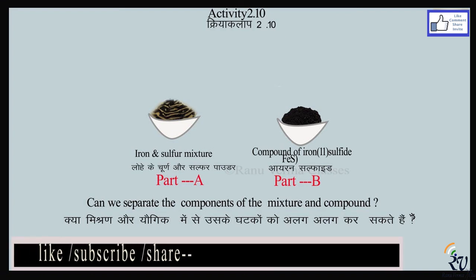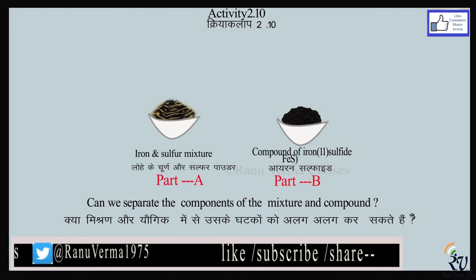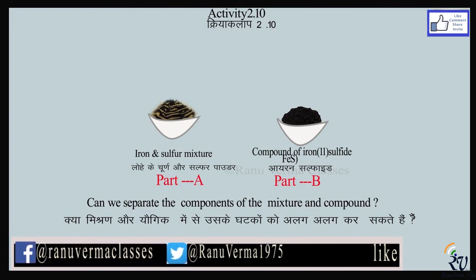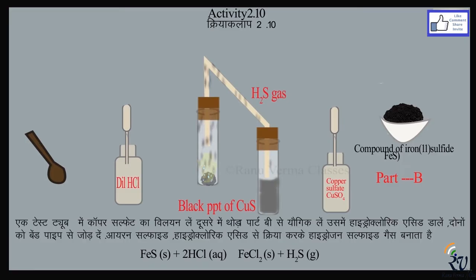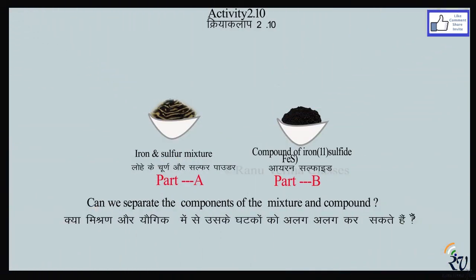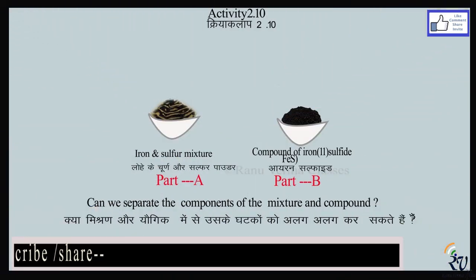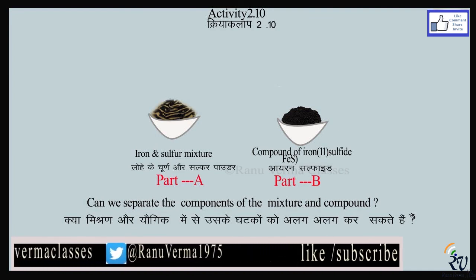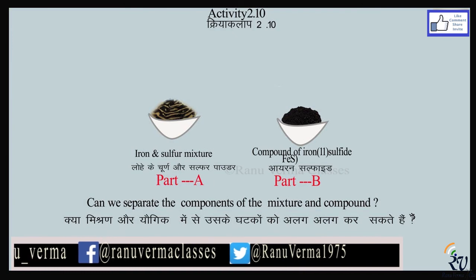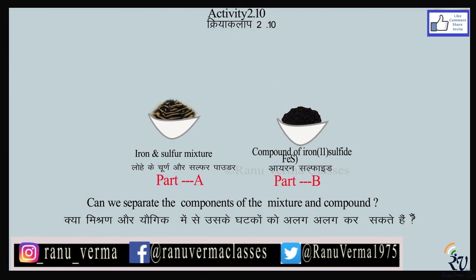But when you are preparing for your exam, you are not supposed to only prove that this is a mixture and this is a compound. Whatever reaction took place in this whole activity, you have to write about that. What was your observation, which kind of precipitate we have seen, which chemical you have used. Everything would be asked in detail. So make a summary and note each and every point and chemical reaction that took place.